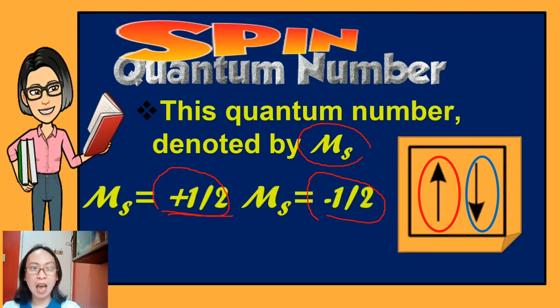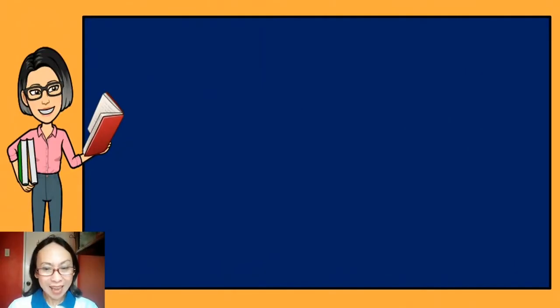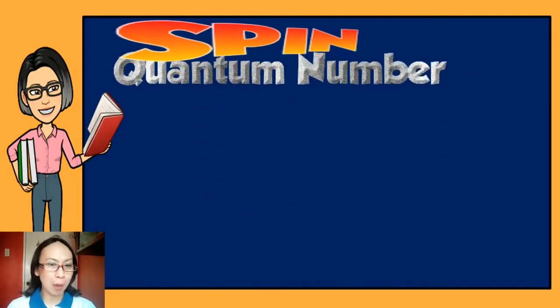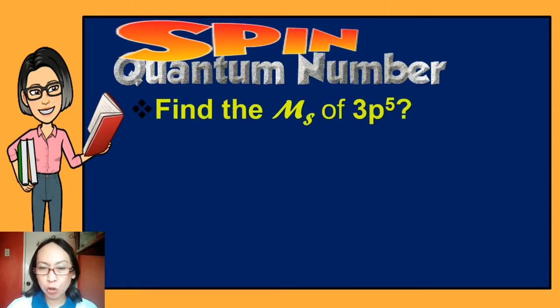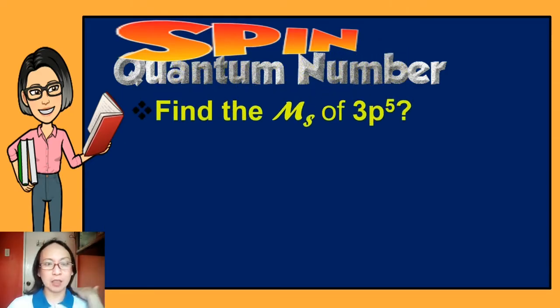Okay, so let's move on to the drill or exercises for the spin quantum number. Remember mga anak, pag sinabi nating spin quantum number, ang iisipin yung direction, yung orientation ng electron. Okay? Dalawa yung sagot, either positive 1/2 or negative 1/2. Let's try to answer this. So find the spin quantum number of